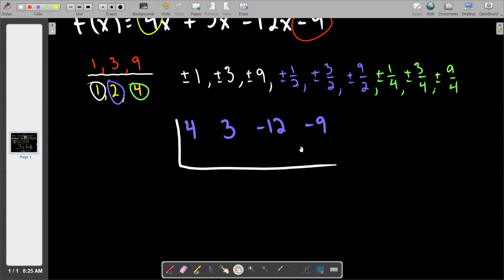Pause the video because I honestly don't know if this will take 10 more seconds or 5 more minutes. So I'm going to pause real quick and I'll unpause once we find one. So you said what, 3/4? Okay, let's try negative 3/4. So if we stick negative 3/4 out here